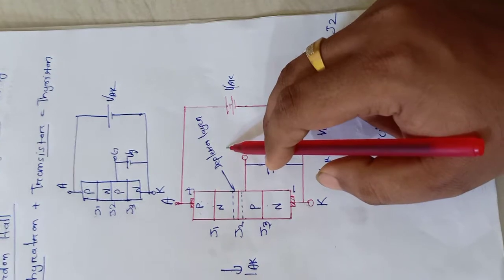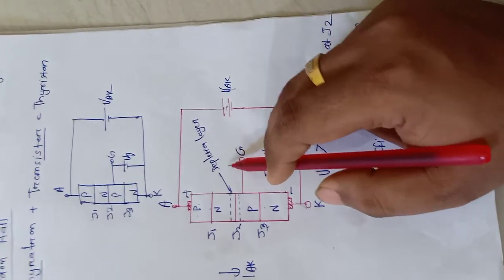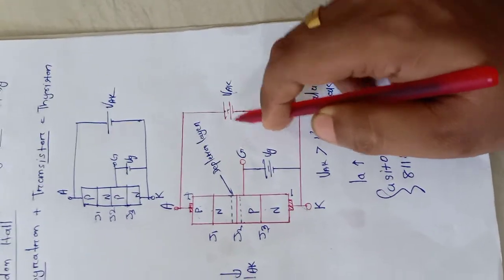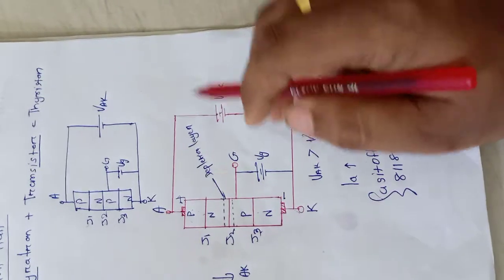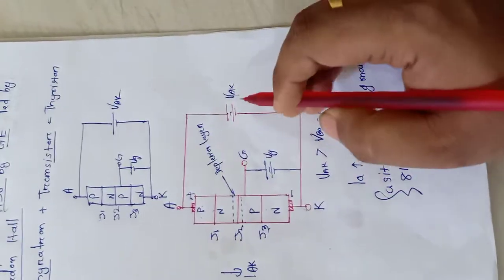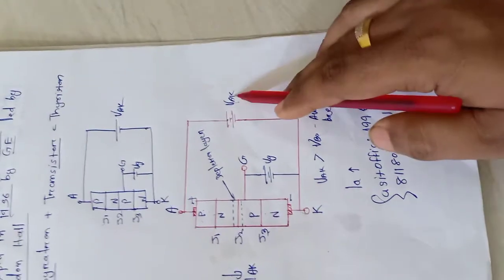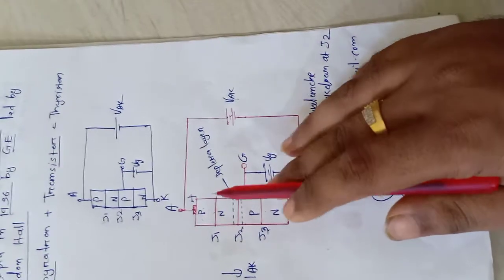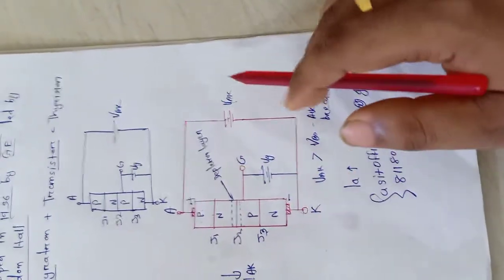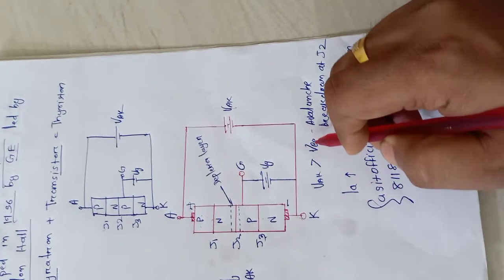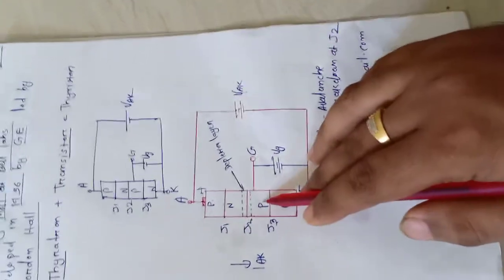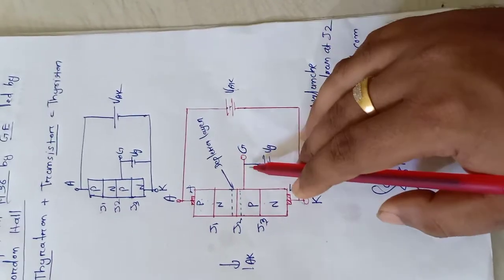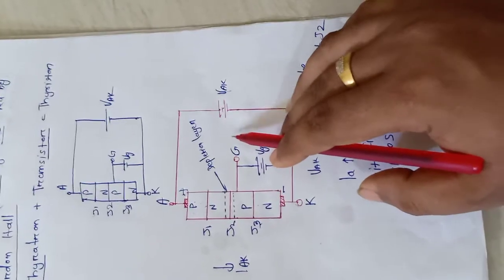So I think you understand what is the forward conduction state and what is the forward blocking state. Forward blocking state and forward conduction state both are under forward biased condition of the device. But what is the difference? Whenever we have a voltage VAK less than VBO, then the state is called forward blocking state or off state. But whenever our voltage is more than VBO or forward breakover voltage and the current is greater than latching current, then that state is called forward conduction state or on state of an SCR.